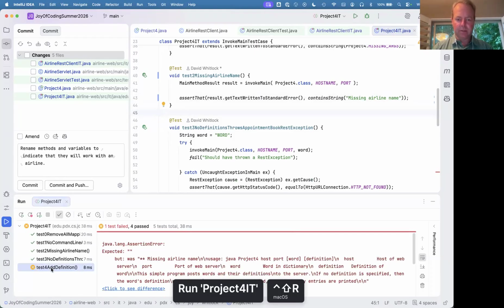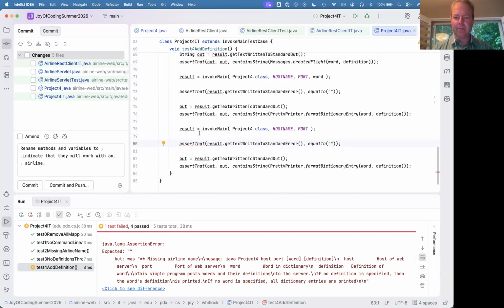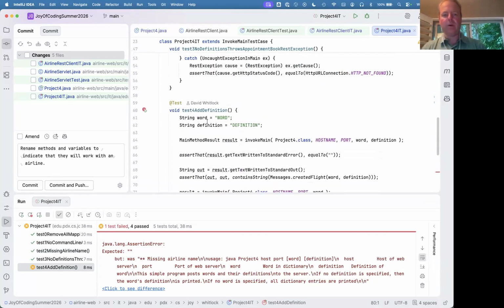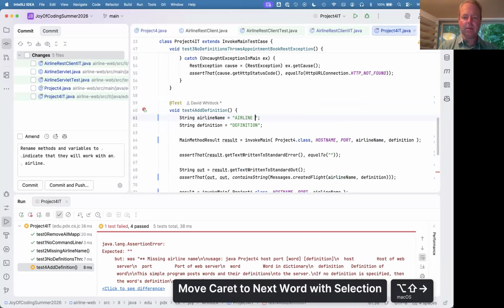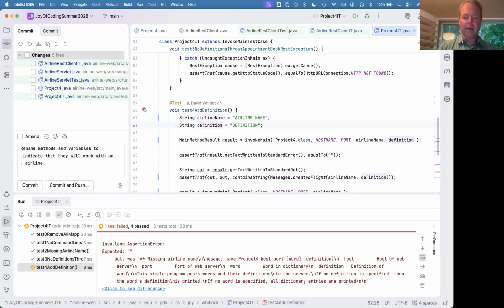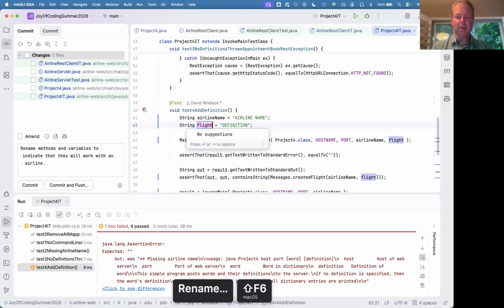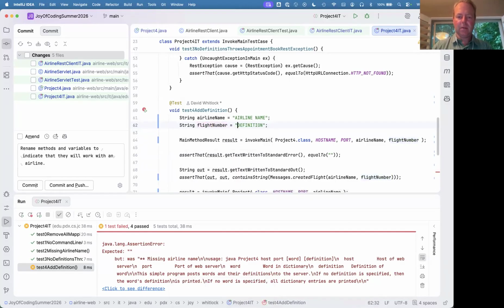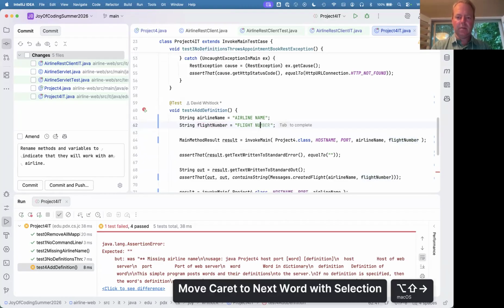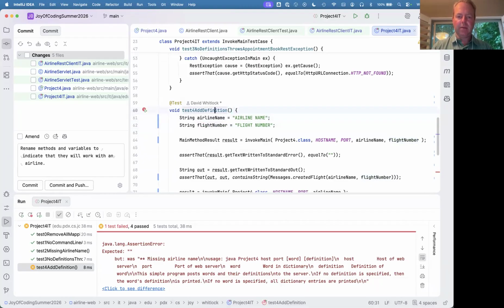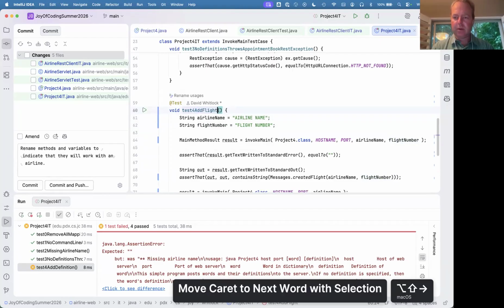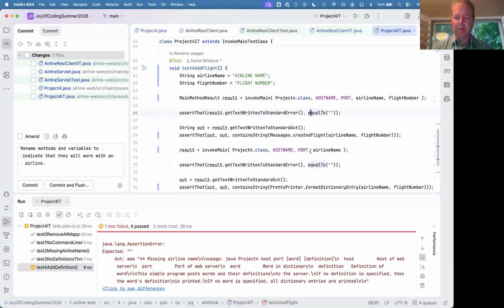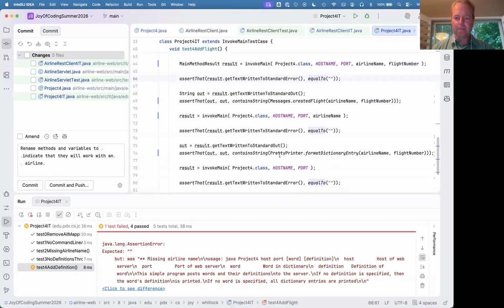Add definition. Oh, yeah. Here I need to have... Okay, word. It's not word now. It's airline name. And then we'll say airline name. And then this will be, yeah, it's not definition anymore. It is add flight, flight number. This is like add flight now. Great, great, great. Okay, so this adds all the required parameters, and now here,